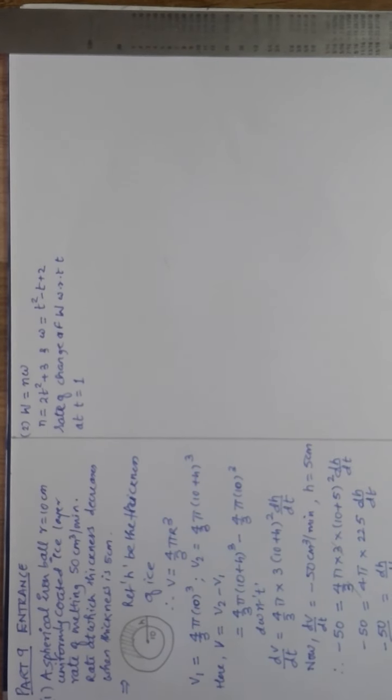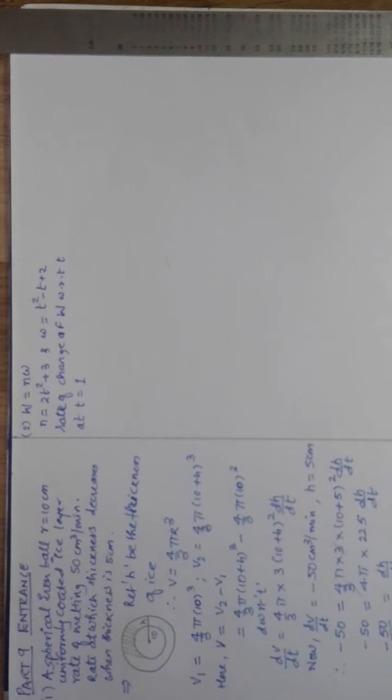Coming to the second question, which again I wrote in short, it says the weight capital W of a certain stock of fish is given by capital W is equal to N into small w, where N is the size of the stock and small w is the average weight of fish.